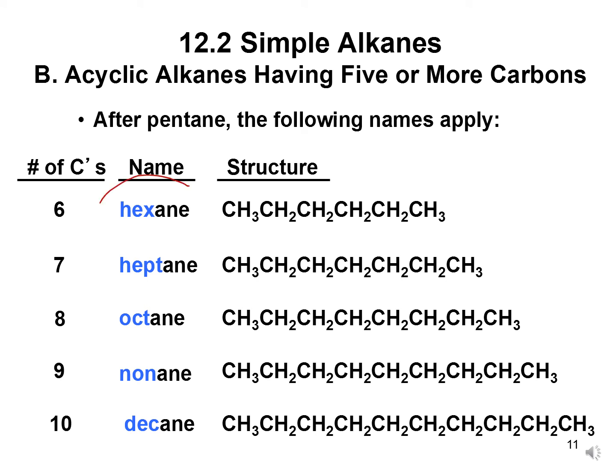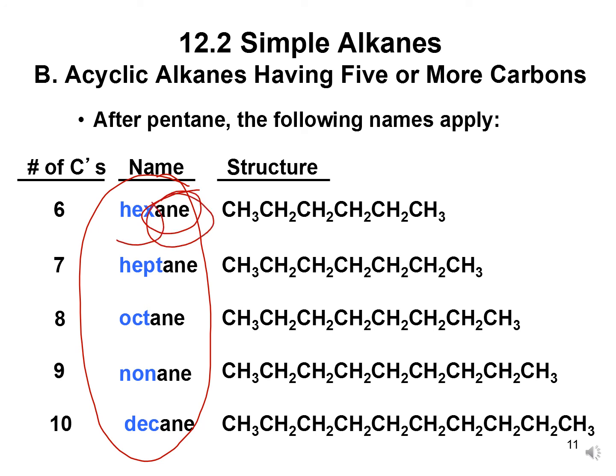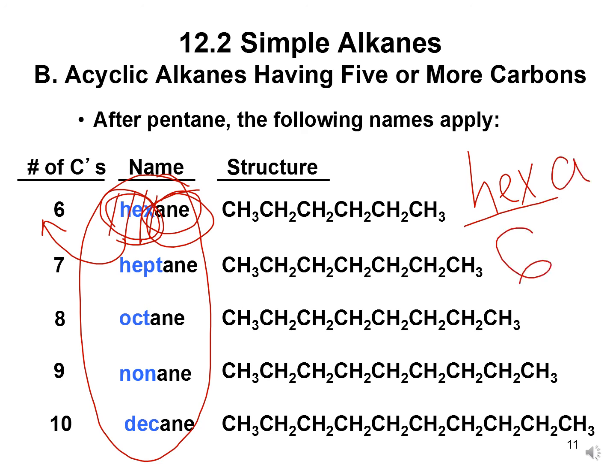Here is more: hexane, heptane, octane, nonane, decane. Again, you see the A and E at the end of it, but the blue part depends on how many carbons there are, and that will be the general pattern. So anything with hex will have 6 carbon atoms. If the last few letters indicate that it's